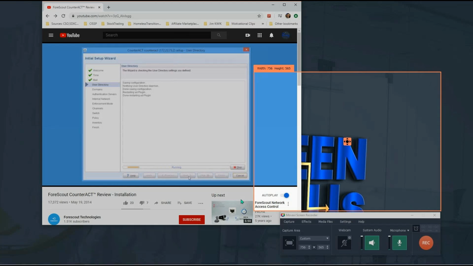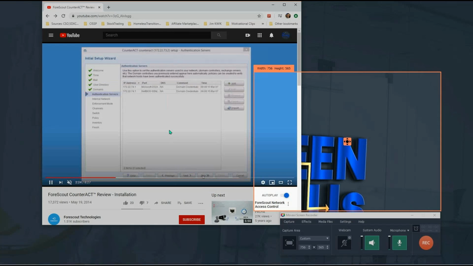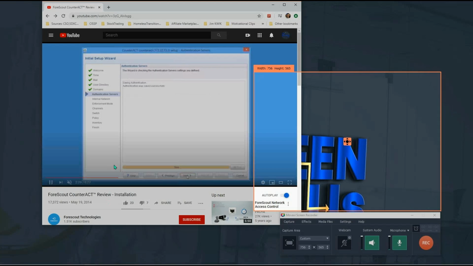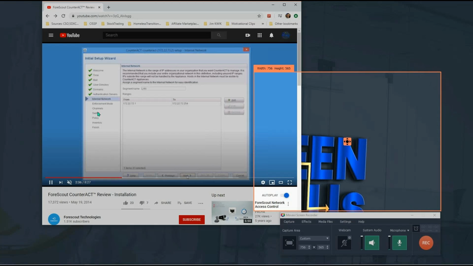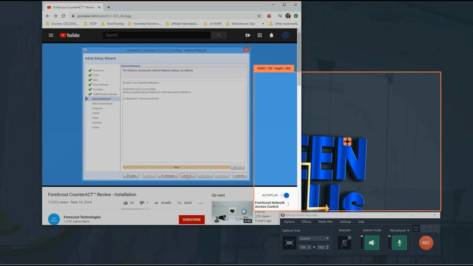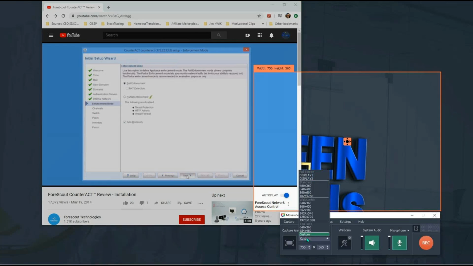So this is extremely helpful in terms of my day-to-day activities. Right now I'm trying to record this Force Gap Counteract appliance installation. This installation is pretty much a step-by-step process on how to install the appliance and make configurations, right? So it's helpful for me because I can always go back and better understand the process behind it. There's a lot of technicality behind this appliance, so it's helpful when I record it. Anyways, going back to the recording options, we can use